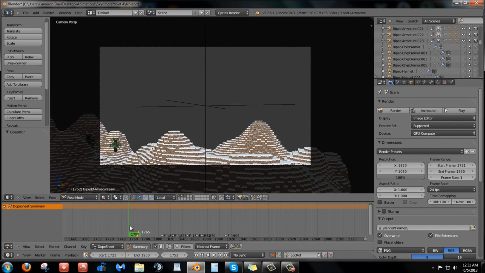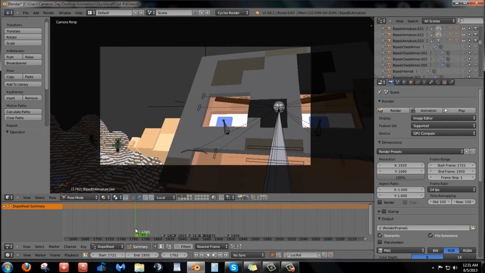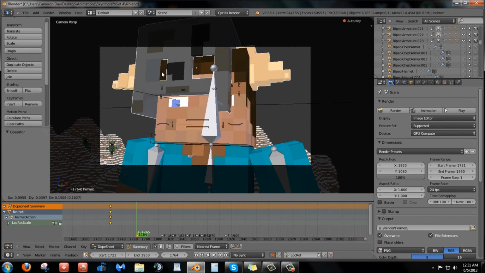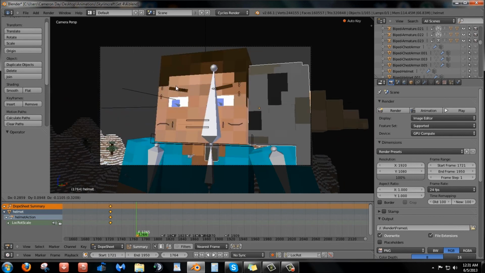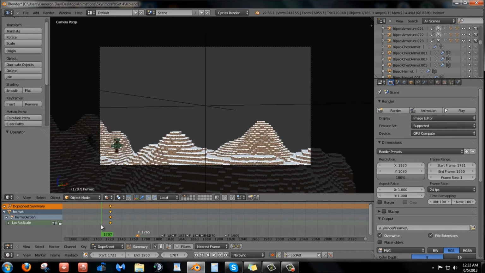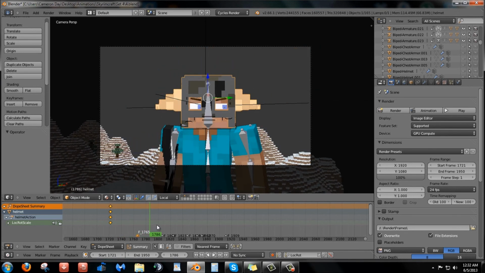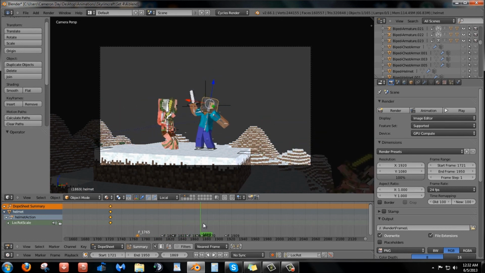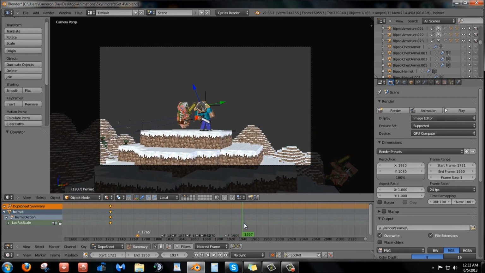And I think that worked out pretty well, but of course the motion blur sort of messed up, and his face looked like it was kind of coming through the helmet for a little bit there. If you go back and watch the animation, since this obviously isn't tied to the rig, it gets affected by the motion blur, so that was one of the problems I had. And yeah, this part was decently easy. Took about maybe an hour to animate.